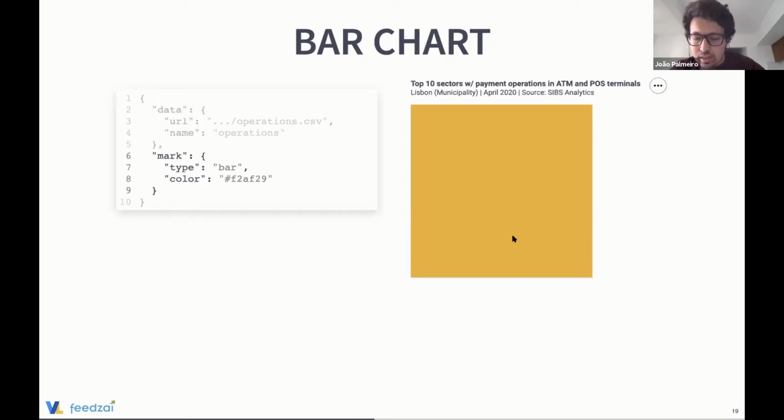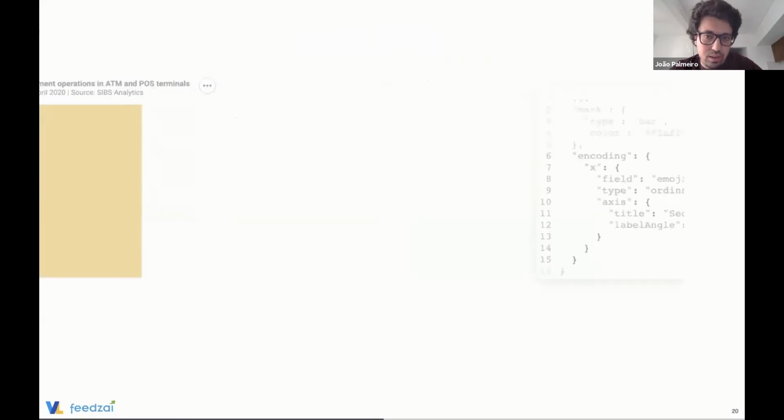Like I said, I think this also makes sense because we are just saying that we want bars, but we are not yet writing any specific information for Vega-Lite to know how it should construct the bars. What data should I look at to construct the bars that you want to check?